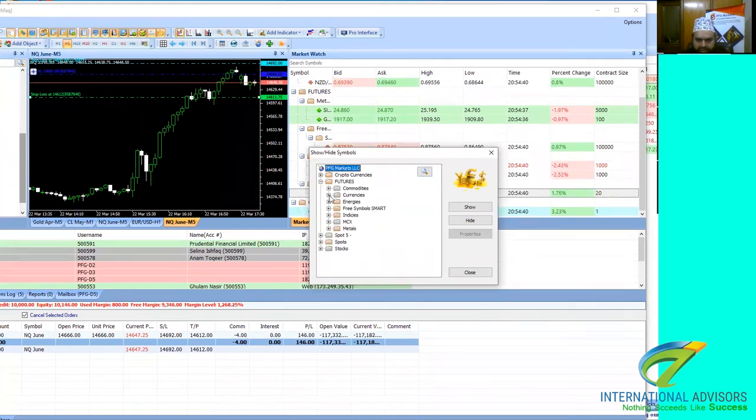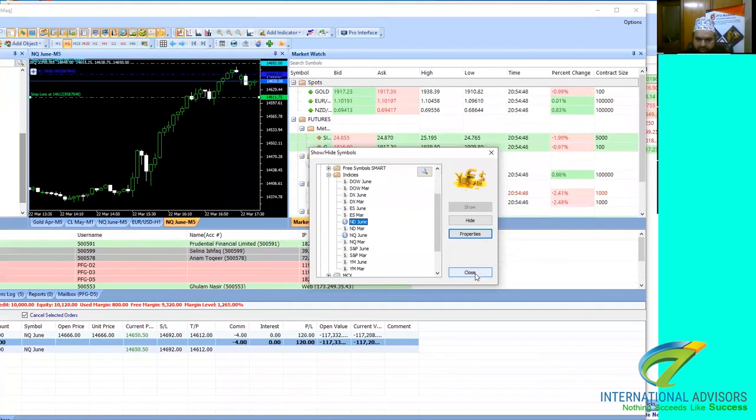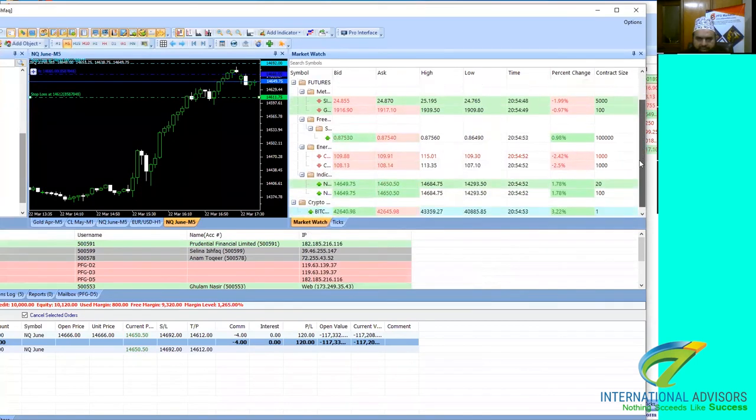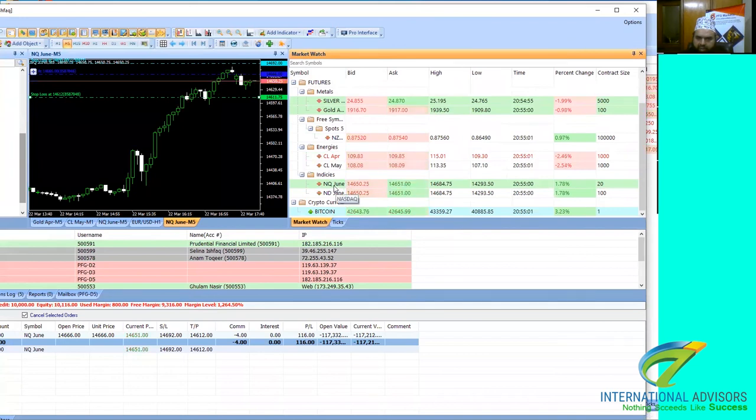अब अगर आप फॉर एग्जांपल you go to show hidden symbols and then indices, अब ये ND जून है, this is full Nasdaq। अब इसको मैंने डिस्प्ले में ऐड किया है, तो here you can see this is $100, this one। यस सर। This is NQ June $20, this is ND June $100।